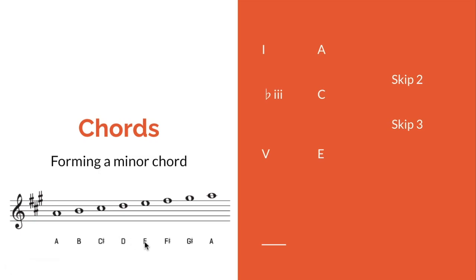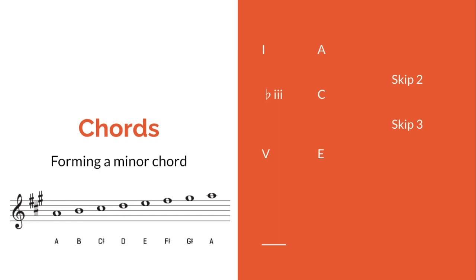E natural. The extra thing we have to do is flatten the third note. So rather than playing C sharp, we play C natural. So our three notes of the A minor chord are A, C, and E. Once again, they don't have to be played in that order. The formula is simply to tell you what notes you need to play at the same time to be playing